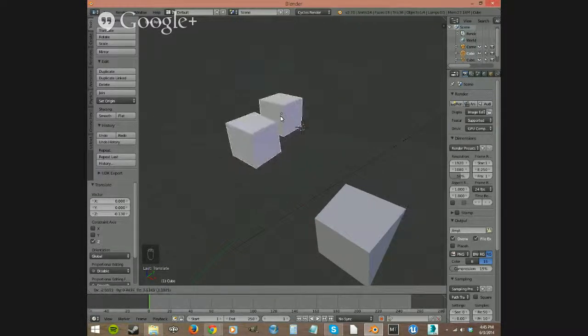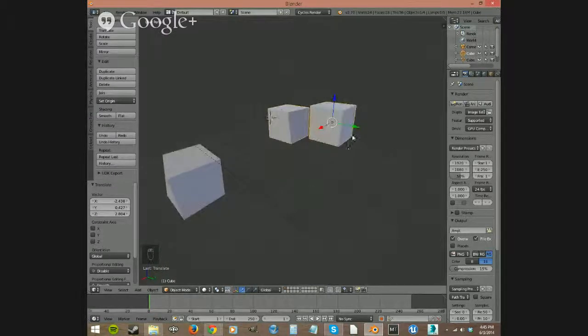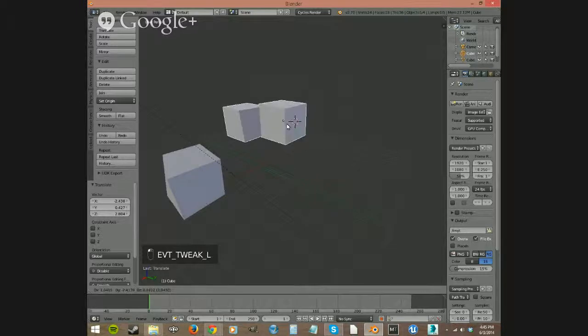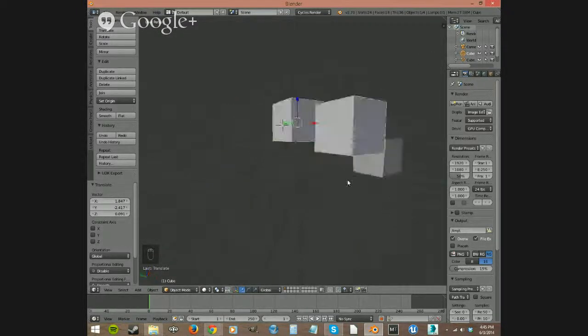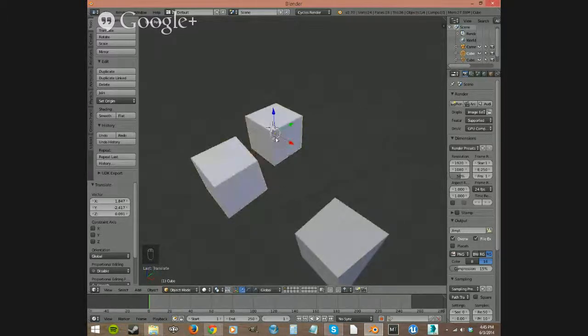Let's try to put it on that back corner, and now if I move the camera with middle mouse button, it's not in that back corner. Let's grab it again and try to put it in that back corner. I move the camera again, it's not even close, it's more in the center. And that is because when you grab things and move them around just by clicking them,